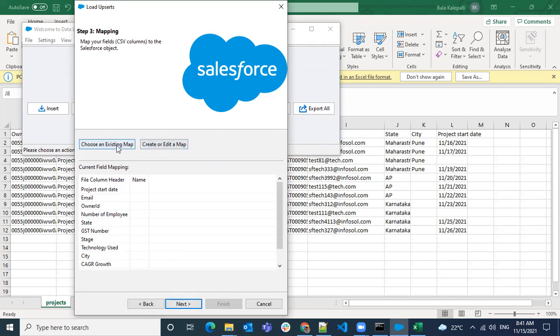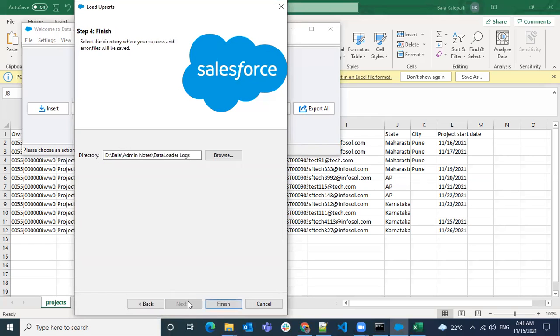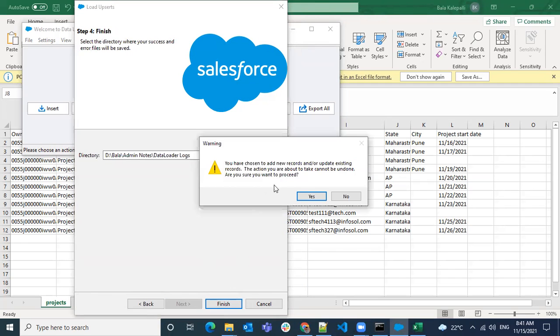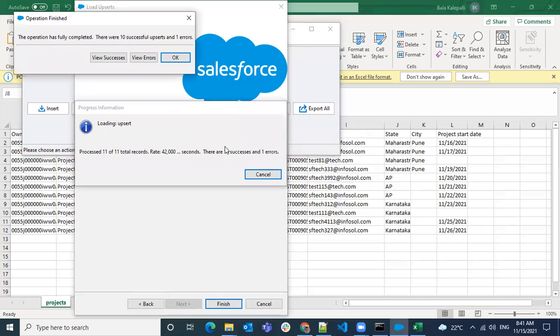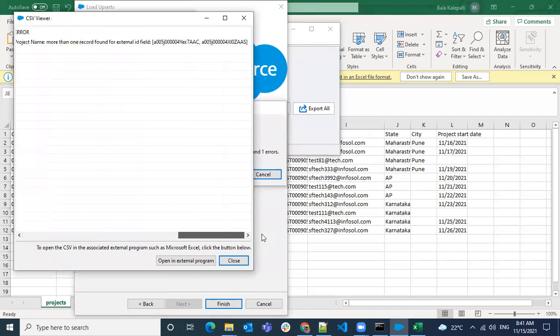So here, auto map fields and do okay. Move next. Finish. Yes. So one has an error. Okay, let's see what the error is. Hmm, so there are duplicate names.